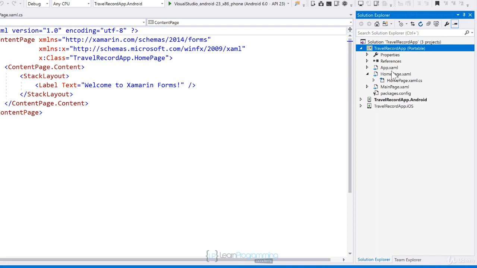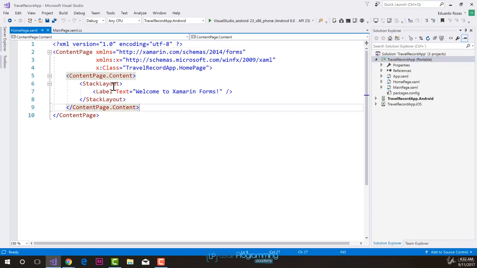We have the homepage.xaml, and if we expand it on our Solution Explorer, we also see the homepage.xaml.cs. And it is also created with the default label that we saw when we created the Xamarin Forms application, but in this case, it is inside a ContentPage.Content and inside a stack layout. Now, this ContentPage.Content is actually not entirely necessary, and we'll take a look at that by using the Xamarin